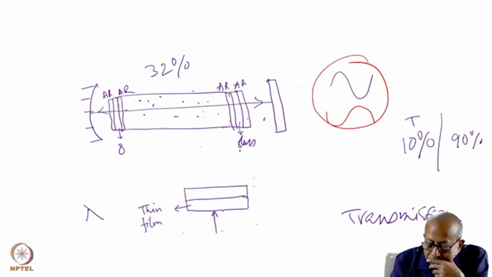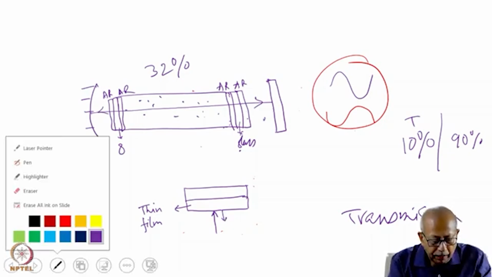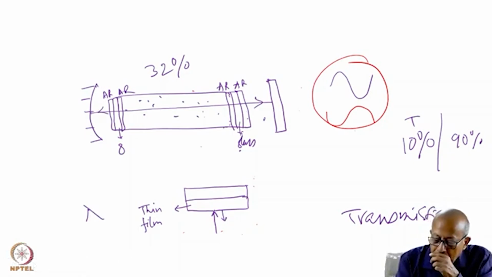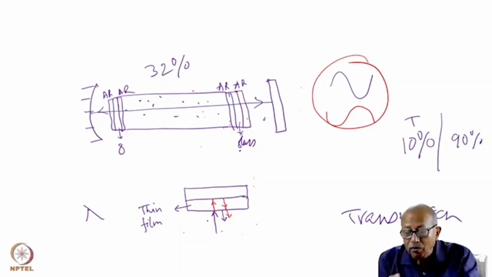So again, a part will be reflected from this surface, then another, it goes, then from here, again another part will be reflected, most of it will pass through. So this will now again interfere. Now you see,